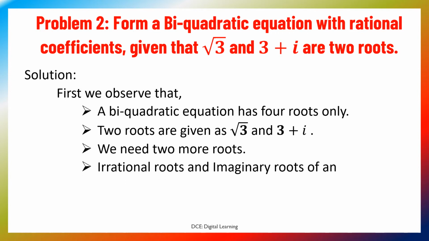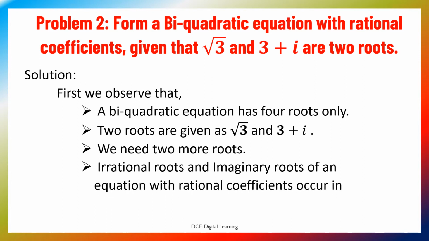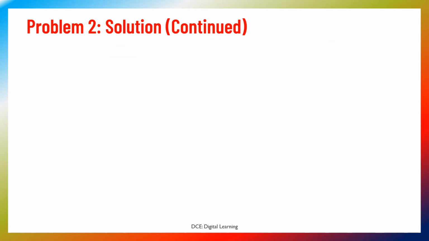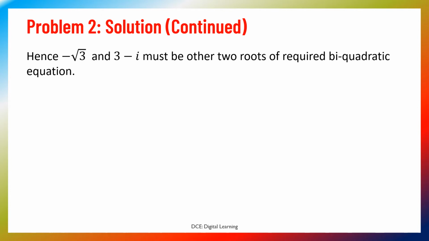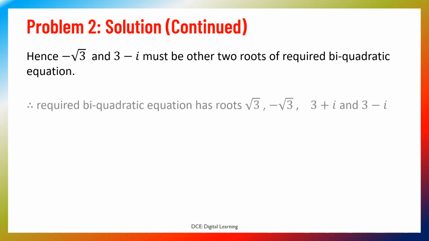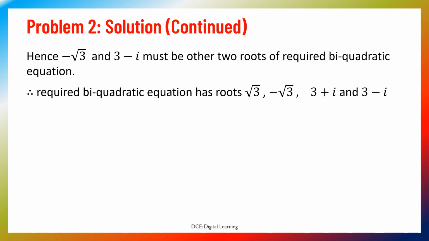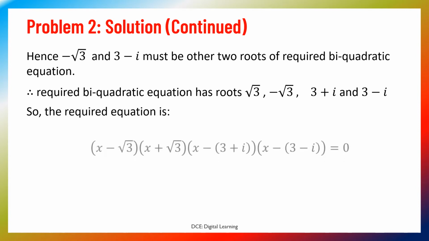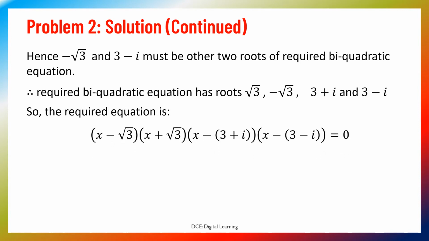Irrational roots and imaginary roots of an equation with rational coefficients occur in conjugate pairs. Hence, minus root 3 and 3 minus i must be other two roots of required biquadratic equation. Therefore, required biquadratic equation has roots root 3, minus root 3, 3 plus i and 3 minus i. So, the required equation is x minus root 3 into x plus root 3 into x minus 3 plus i